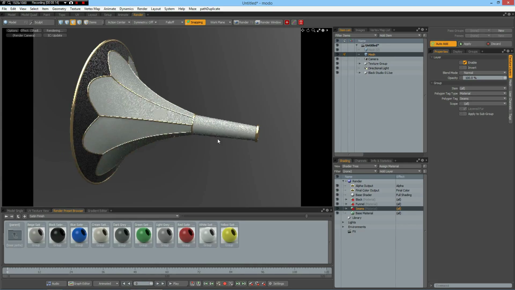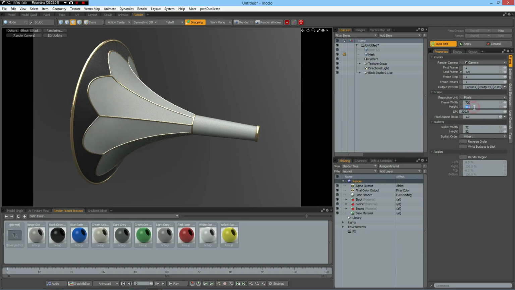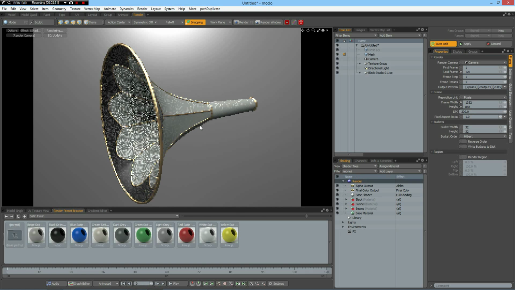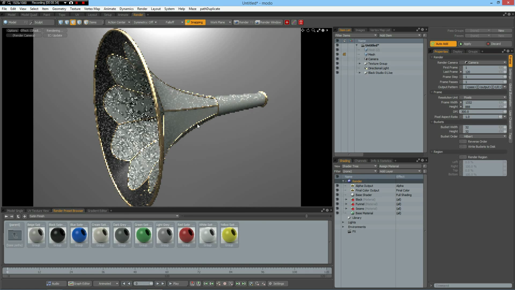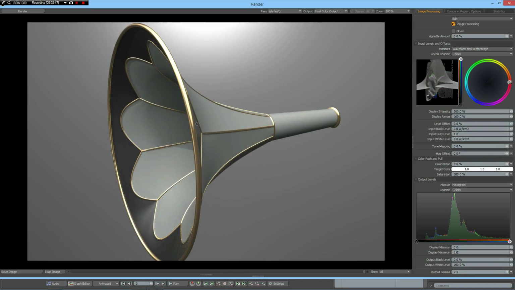yes, looks nice. Then I want to go up with the render level to 6 and want to make this bigger, 888, Control Enter, and then make this maybe like so, F9, and render it. And here we are. This is our gramophone funnel, and I hope you liked it and it was helpful, and